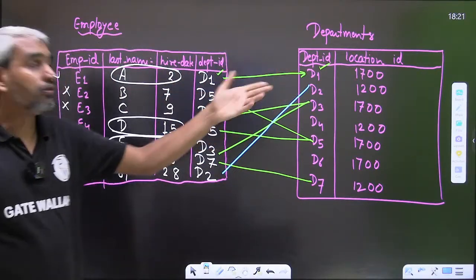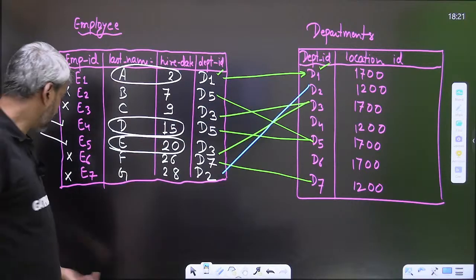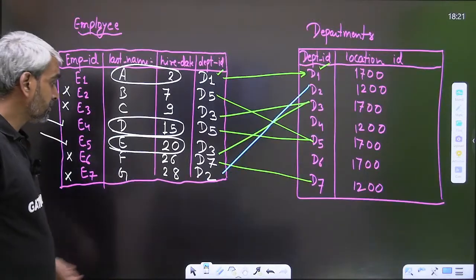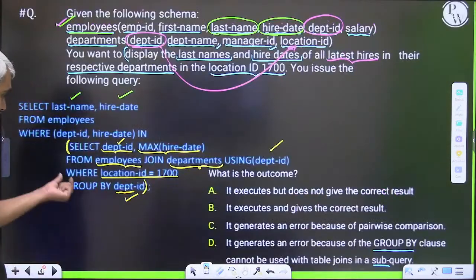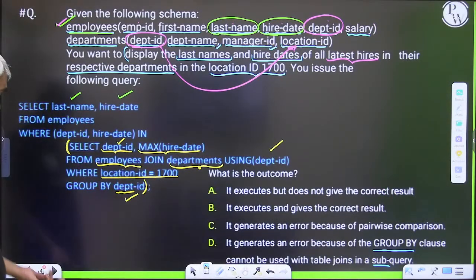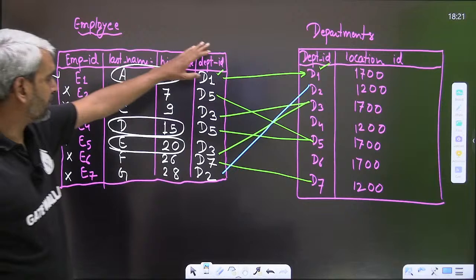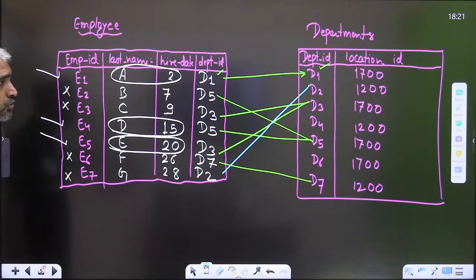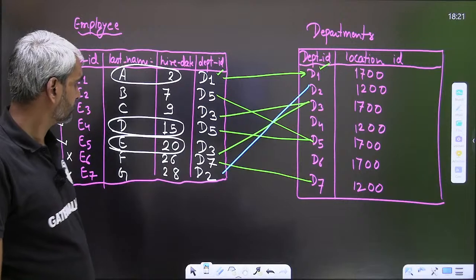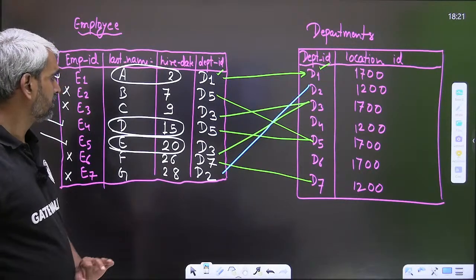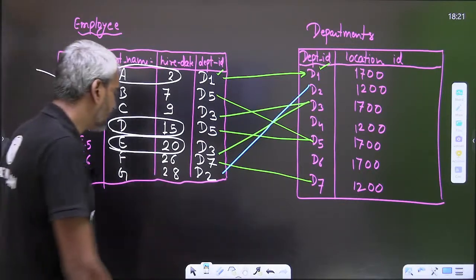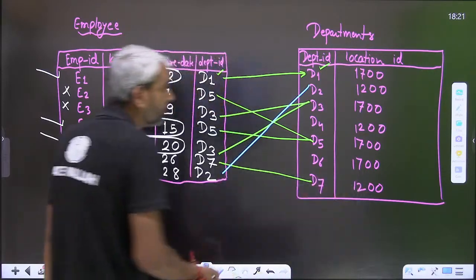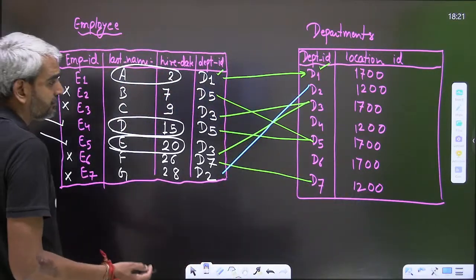So these are the only tuples which will be available after the join operation of the employee table and department table. Out of that join operation, first of all, we perform the selection condition, where location ID equals 1700. So how many tuples? 3, 3, 6, 7 tuples are there. Out of those 7 tuples, the condition location ID equals 1700 will not be true for